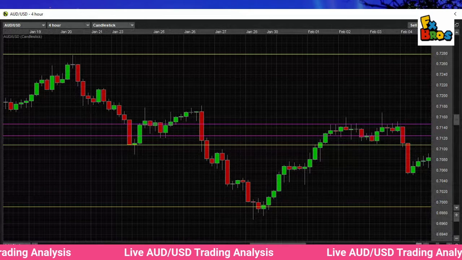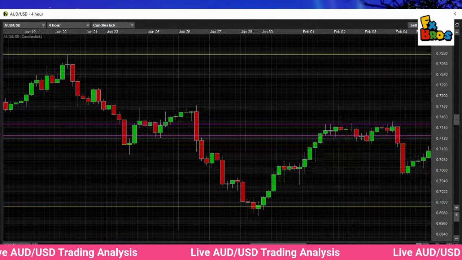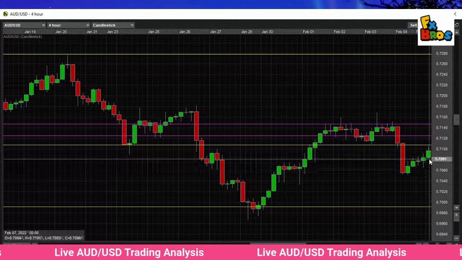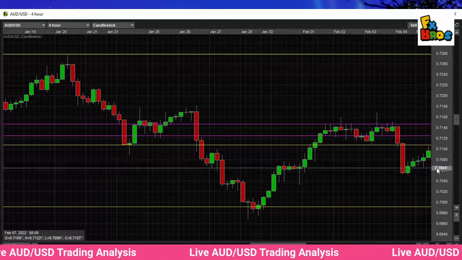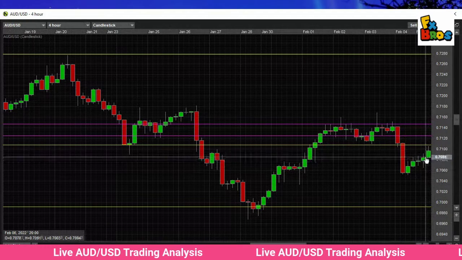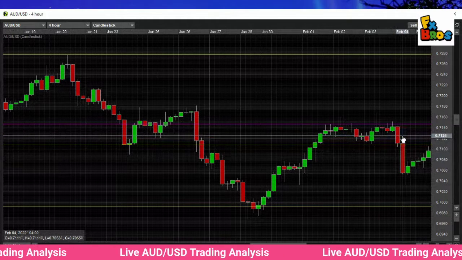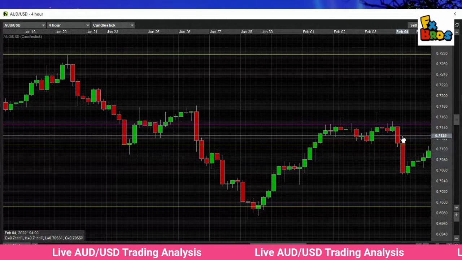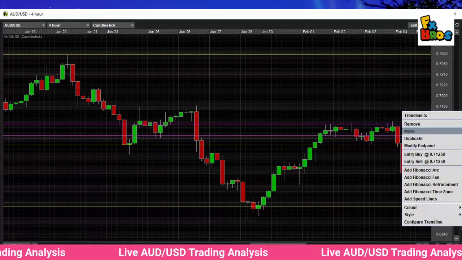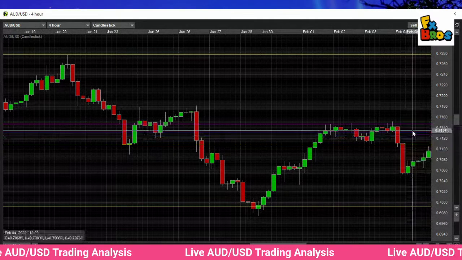So let's move over to Sunday, which is right up in here. Now, if we want, we can set a little zone area right here on Sunday,